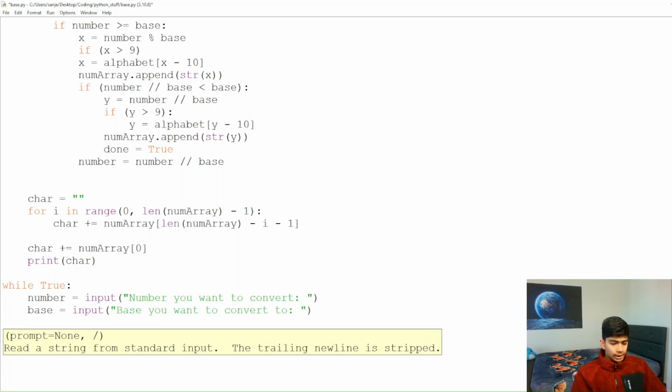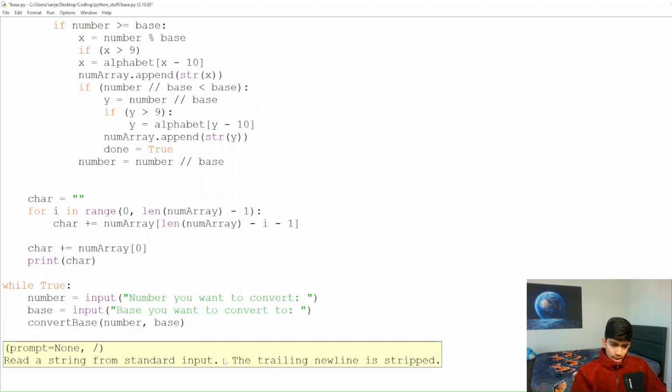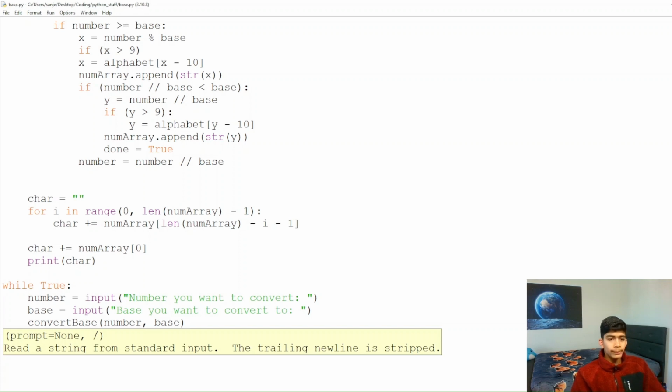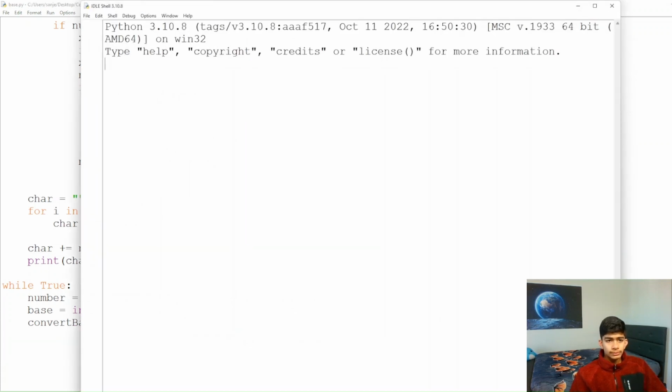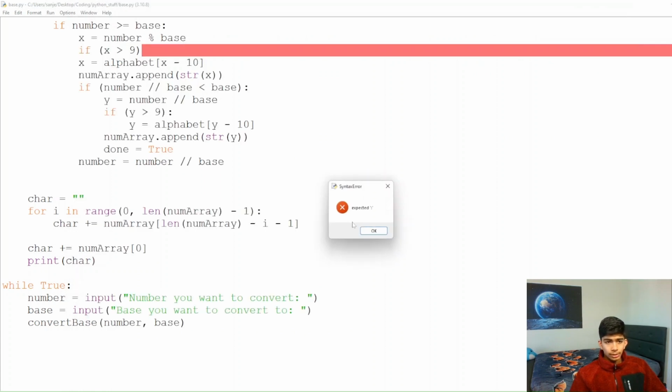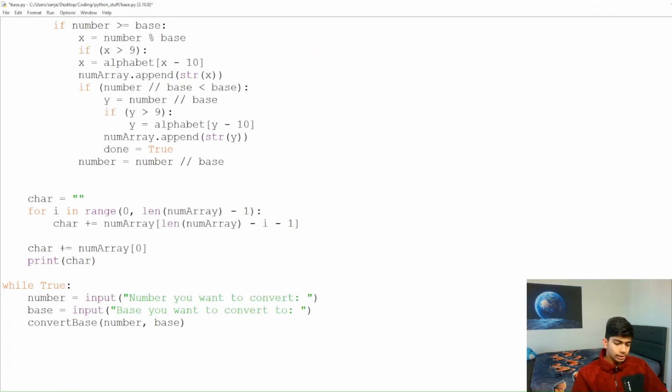And then once we get those two values, we just have to chuck them into our function. And then that's all. Now we just save our program, and when we run it, oh, my bad, forgot a colon. If we save and then run,